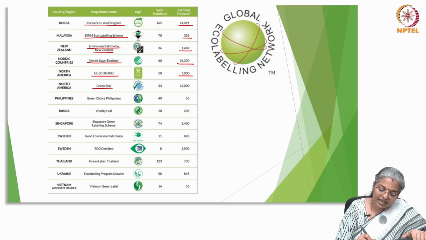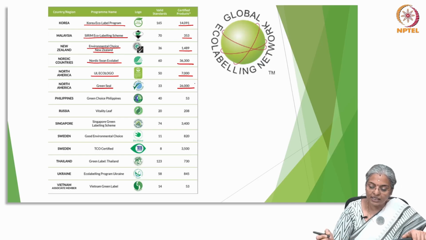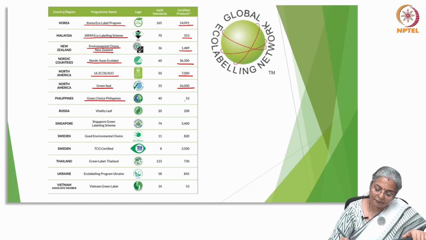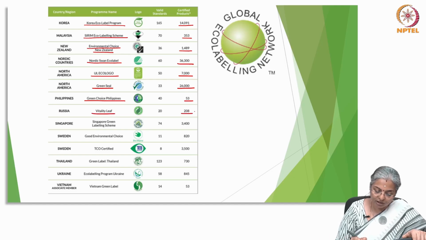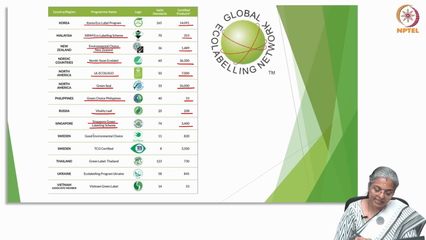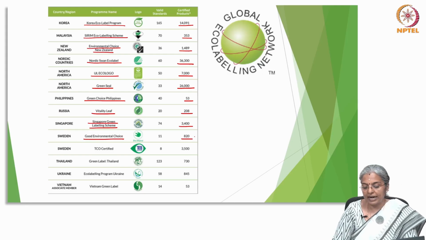Again, North America has the Green Seal, which has 26,000 products. Philippines has Green Choice Philippines with 53 products. Russia has Vitality Leaf with 208 endorsed products. Singapore has Singapore Green Labeling Scheme with 3,400 products. Sweden uses Good Environmental Choice, which endorses about